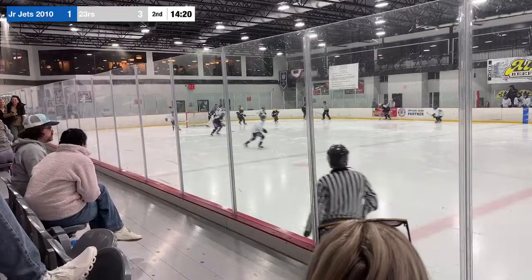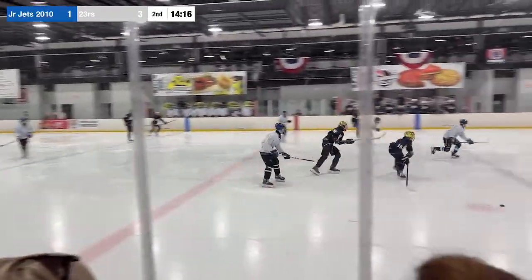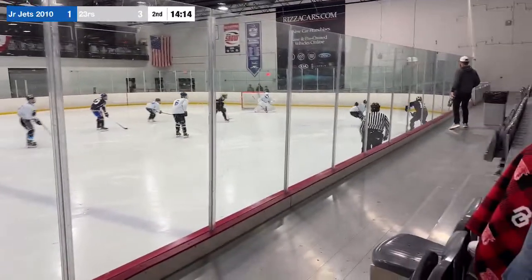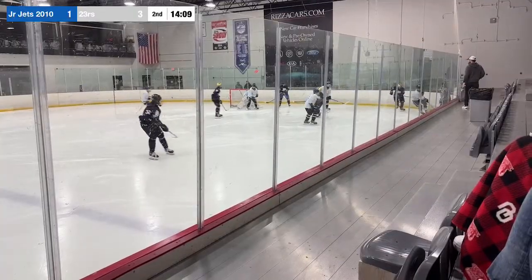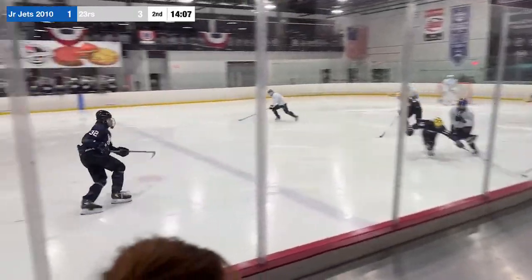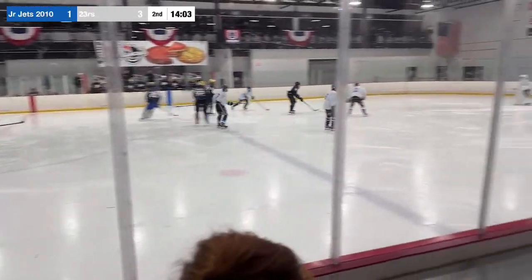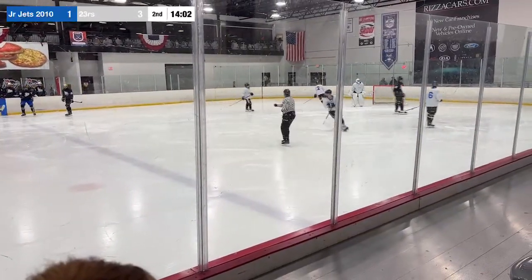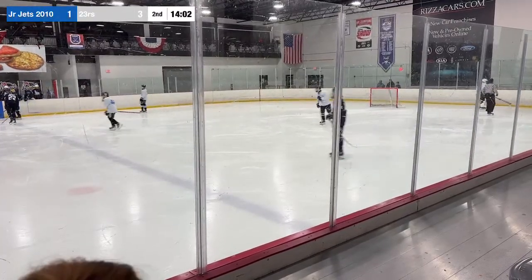Weisner sends it around to Cooley. Cooley centers it over to Krawitz. Bounces off his stick, goes to Weisner. Weisner sends it back to Krawitz. 29ers steal it. Asher Barron intercepts it, enters the zone, and